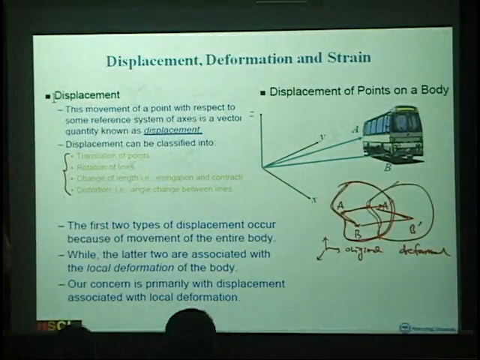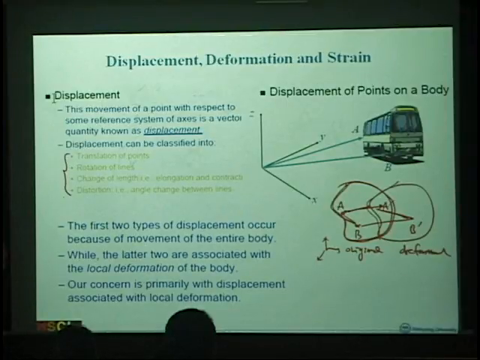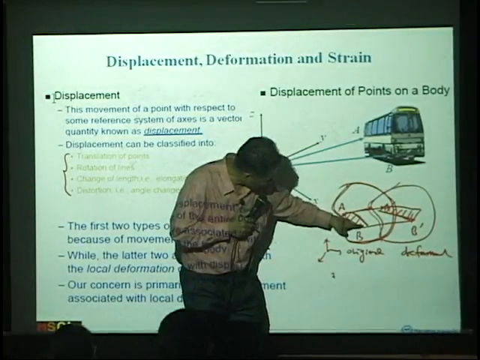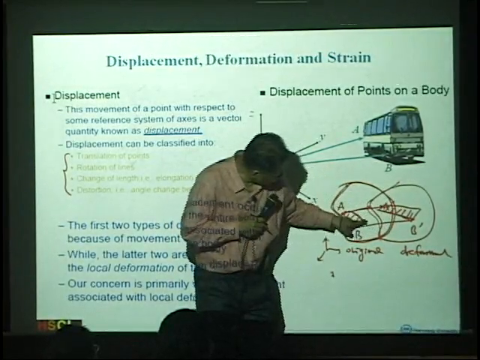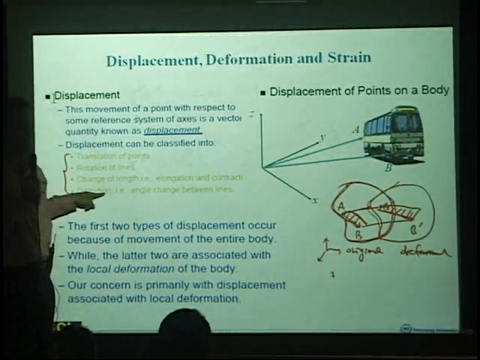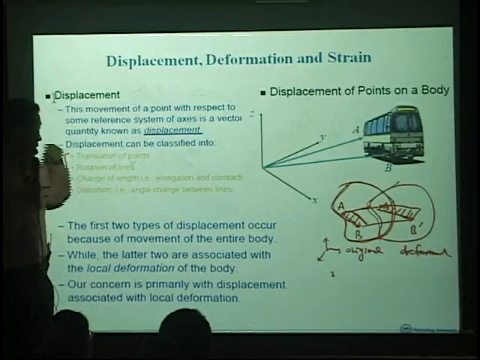Distortion cannot be expressed by a line. Distortion means that if we have some original body like that, it will become something like this. And as you can see here, this angle and that angle are different. That means the body is distorted. So again,